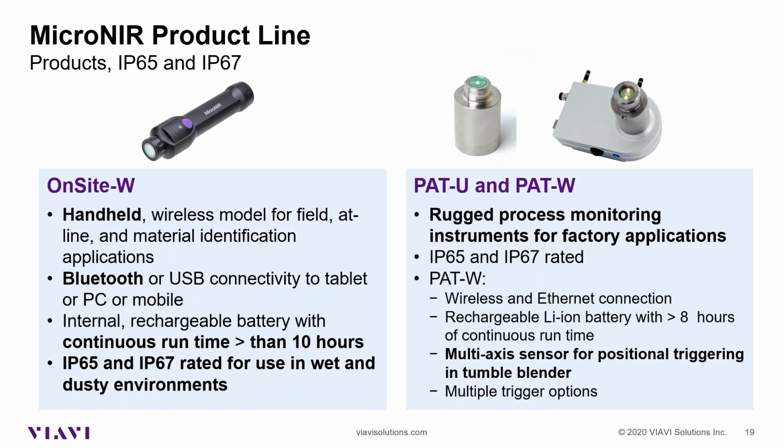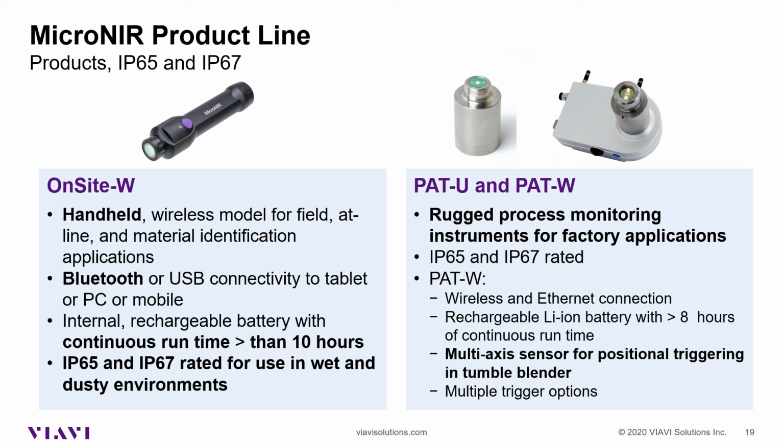Here you have the IP65 and IP67 product line, the handheld device, the on-site that we treated quite deeply during the raw material identification, the PATU and the PATW. The PATU is normally used for static application. We saw last week the possibility to use the PATU in granulation and drying process. We will see next week the application of the PATU in the tableting and in the coating phase,